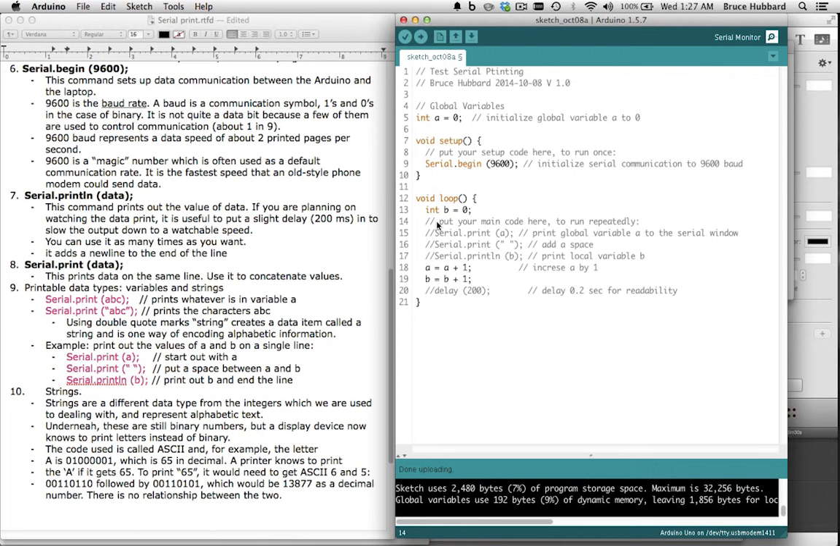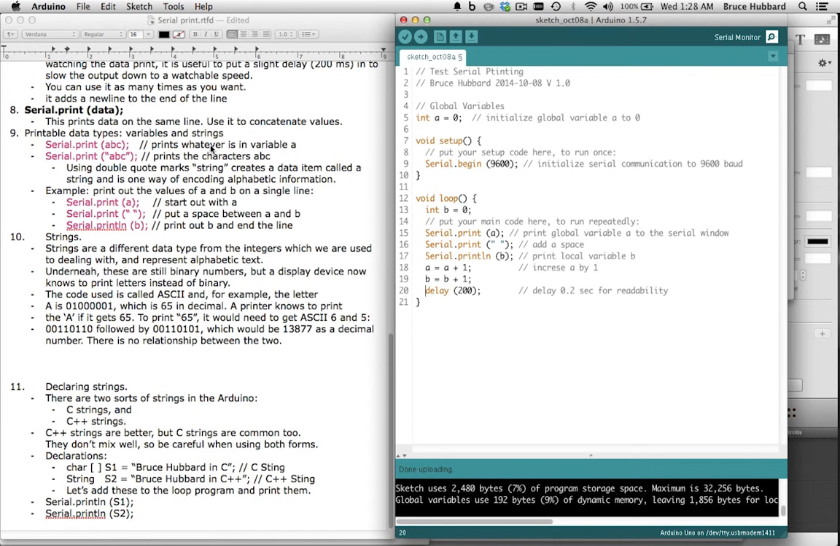All right, subject number 3. We don't really need, yeah, I guess we do need serial print A. Let's put it back. Serial print space. Let's put it back. Serial print line. Let's put it back. And delay 200. Okay, over on the left, I'm going to scroll up now to